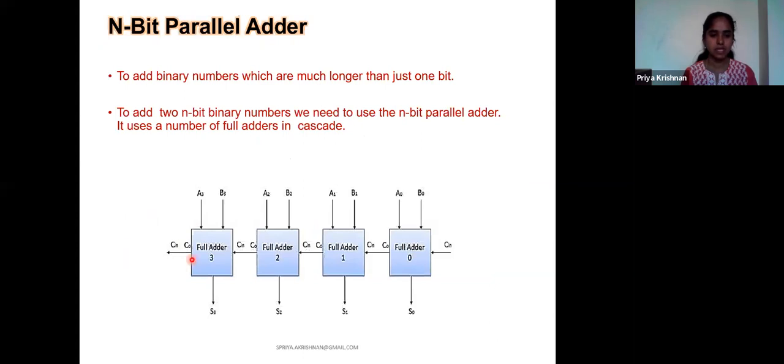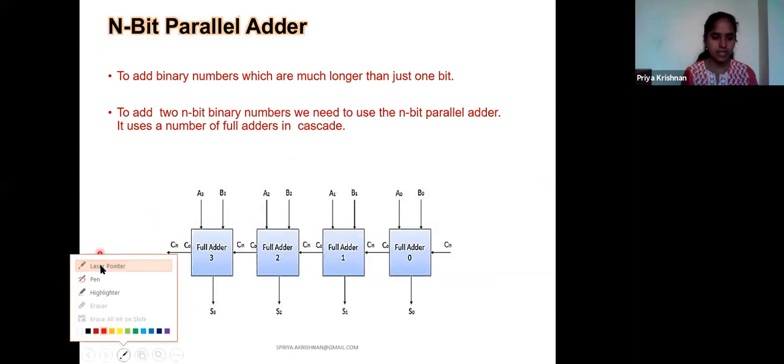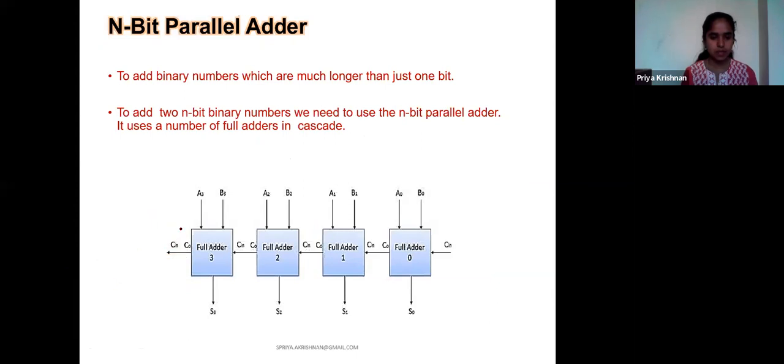See, this is my Cout, the output of my last full adder. This complete block is placed inside an IC. Now these are the points available where you can feed your inputs.